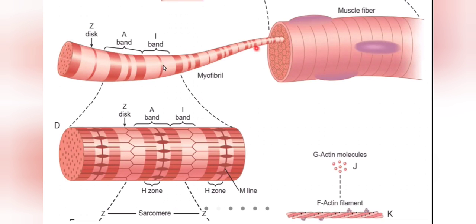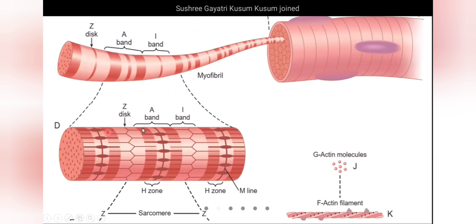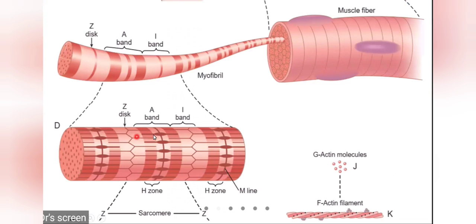If you see on this myofibril, you can see alternating dark and light bands. Now again, we are going to zoom on a part of this portion, and this is how your muscle myofibril will look. Your myofibril consists of a thin line and a thick line. So you have basically two contractile filaments, that is, these filaments can contract. When these filaments contract, automatically the myofibril also will contract.